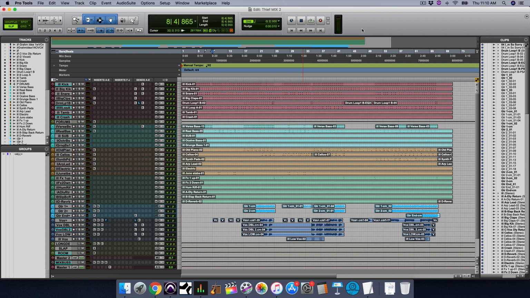This is the part of the song that I want you to loop and start mixing first, both with your balance, your static mix, meaning just the volume faders and pan, and also when you throw in plugins. I want you to spend most of your time mixing this section of the song.